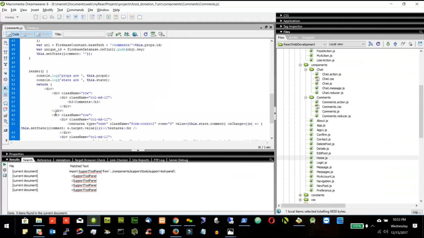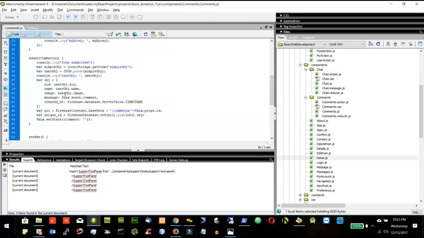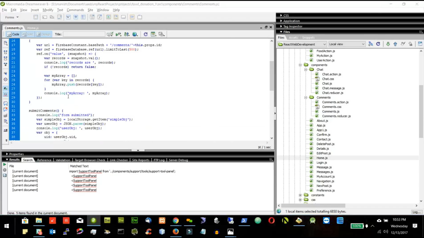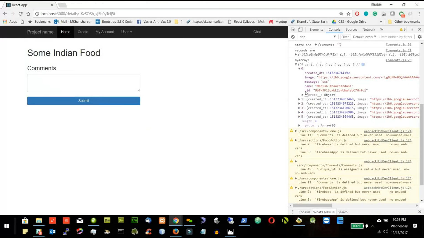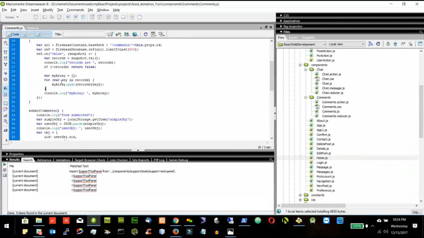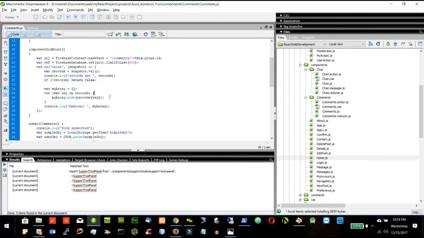because here on the page we will use map, and map is only for arrays. Yeah, map is a part of array. We are converting into array. We are getting this, but you will see that we lost the key. We don't have the key, right? So why not create one object here, var object is equal to records of key, and then I'll say object dot id is equal to key. So object will have the key also in the form of